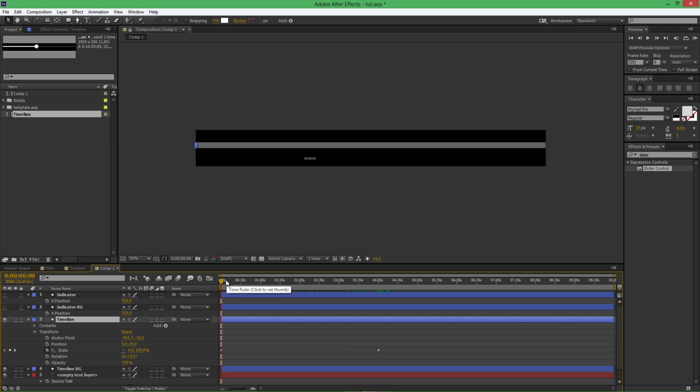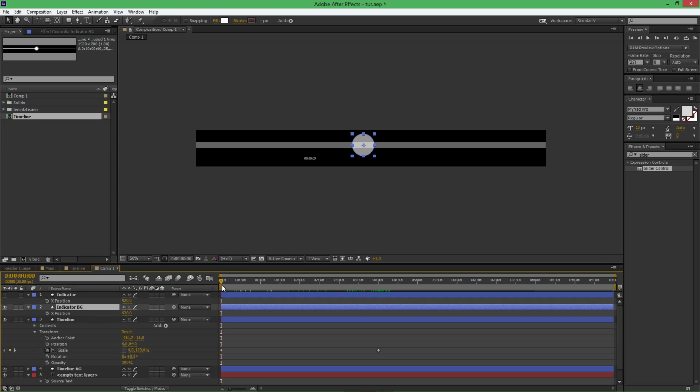And pretty much you do the same with the indicator. So I'm gonna check the indicator background. I'm gonna move it to the position that I want it to be at the start. So about like there. I'm gonna set a keyframe. I'm gonna move it to the same position, and I'm gonna just simply move it to the side